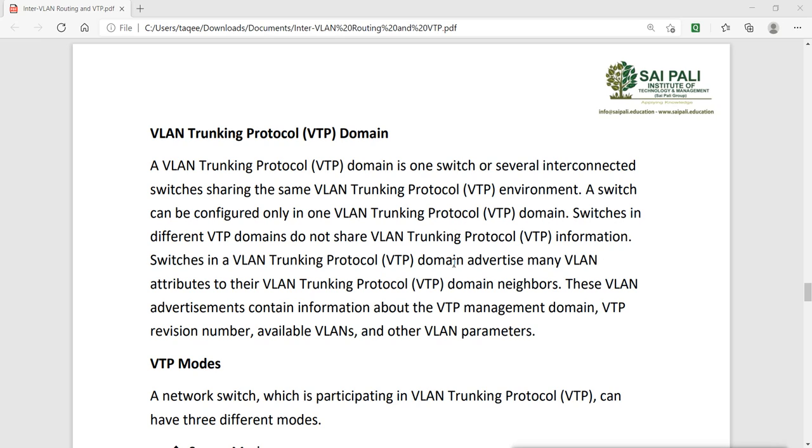So this can reduce your task, but there is a problem. The VLANs you create will be replicated, but the VLAN membership information will not. If port number 2 is a member of VLAN 3 on the server switch, that is not replicated to the client.